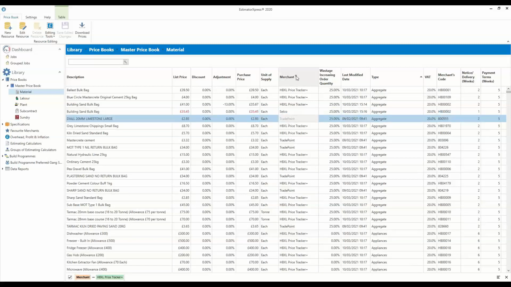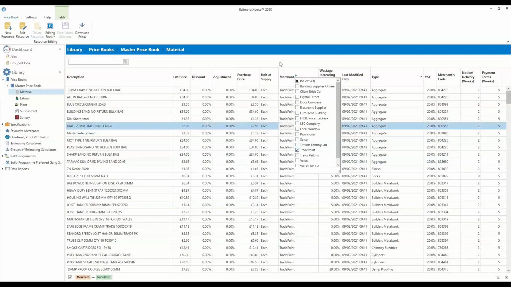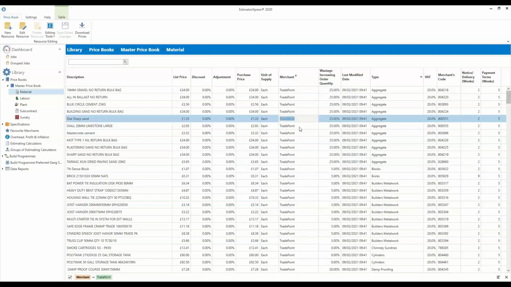Alternatively, I don't know if anybody's picked up on that, but with our software, you can link it live to TradePoint. If people do use TradePoint, you can link it live. I've just got a dummy account in here for TradePoint, and we also link it in with Travis Perkins. Unfortunately, I don't have a dummy account with Travis, and Travis only link it in if it's a live account. And with Travis being linked into your live account, with your permission, we get access to your rates, your discounts. So once that's all set up and you do a download prices,